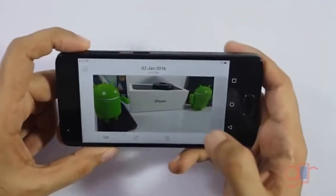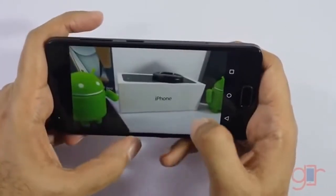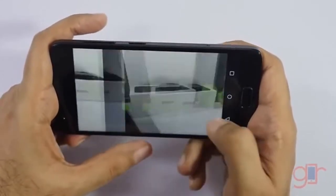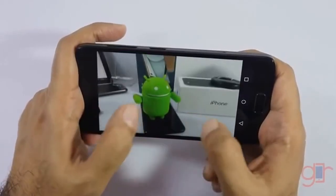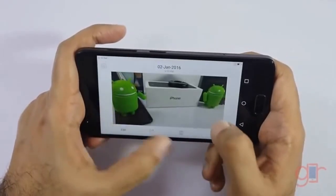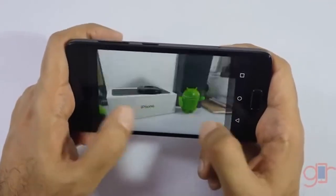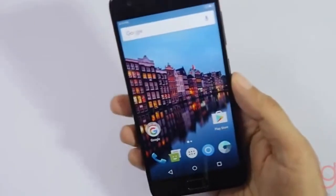So let's see. Again, this snap came out to be pretty decent, I would say, but again, the lighting is good. One thing to note is that this phone does not have optical image stabilization. So as you can see, if you zoom in, this was slightly blurry, a little bit on the blurry side, so you have to be careful. It just has electronic image stabilization, but in terms of video, it can shoot video up to 4K. So I will definitely test out the camera a lot more, and I can also compare it